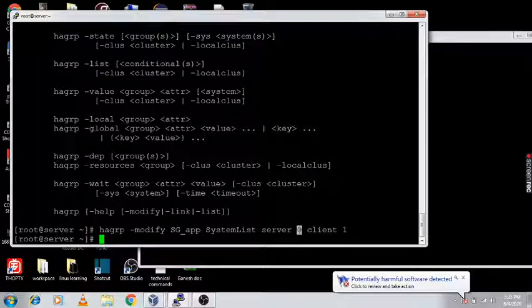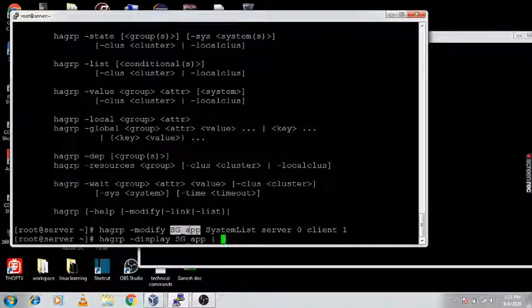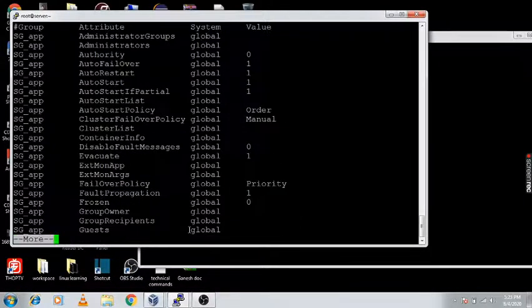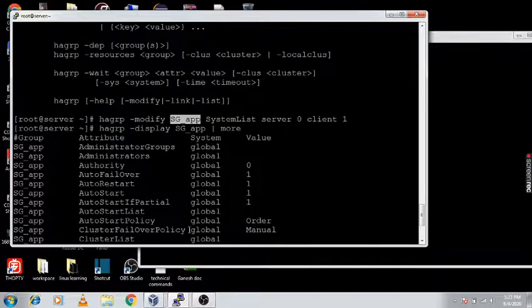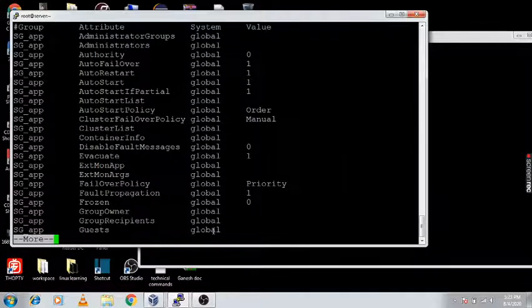How can you check the service group attributes? Using hagrp -display and give the service group name. So these are the attributes used for this service group. Here you can check the service group auto start policy, cluster failure policy. So these are the policies configured here.